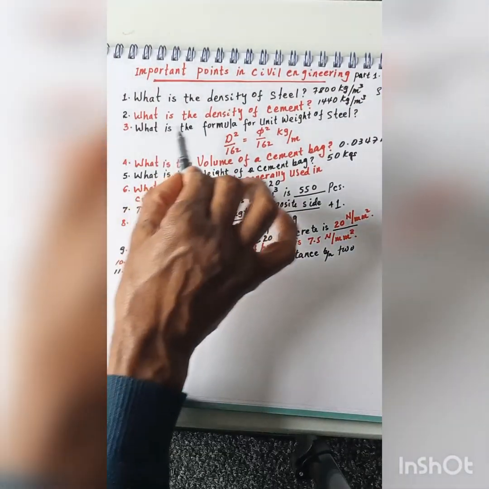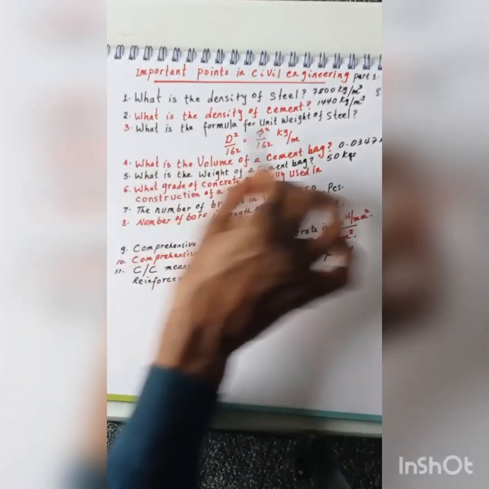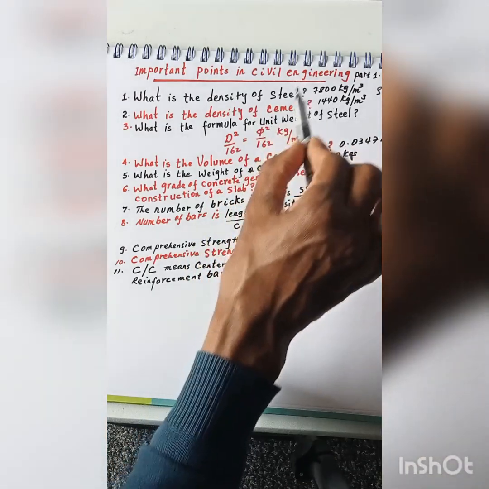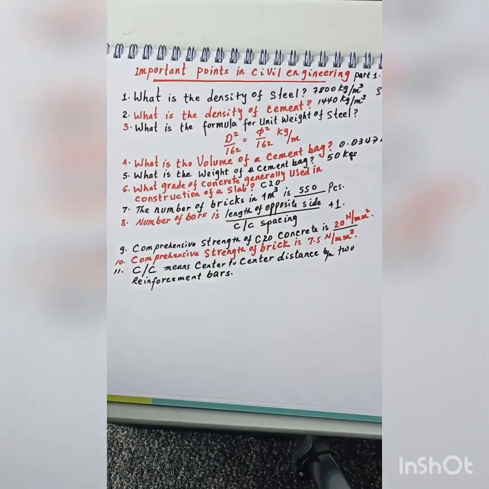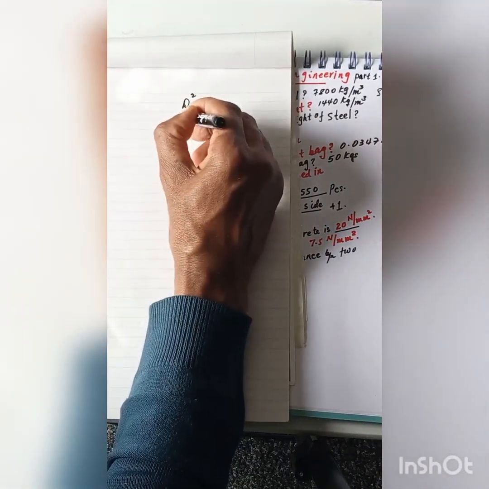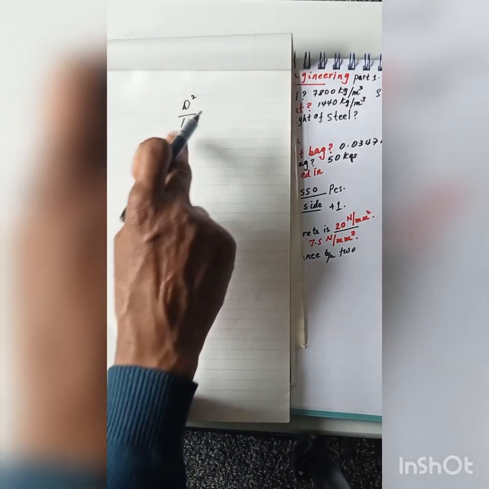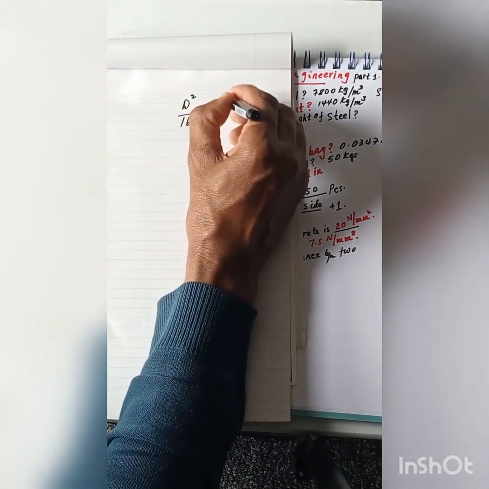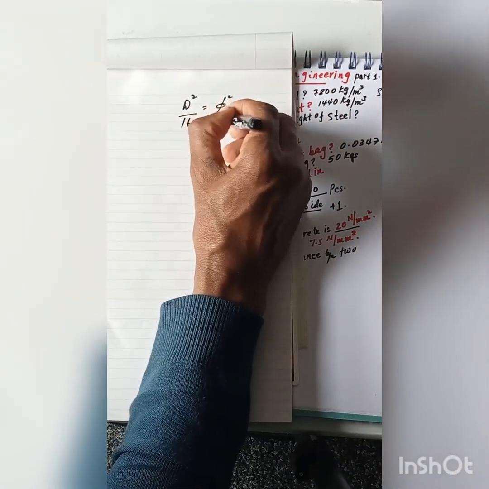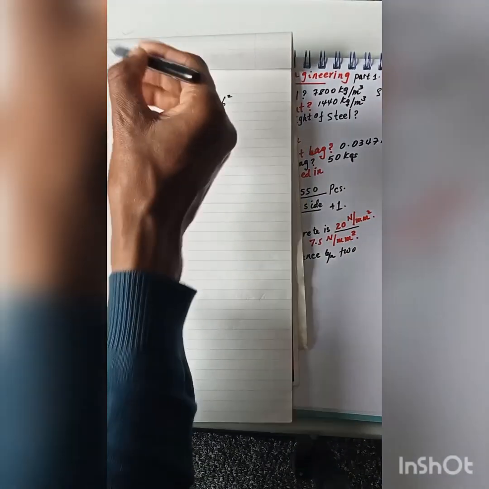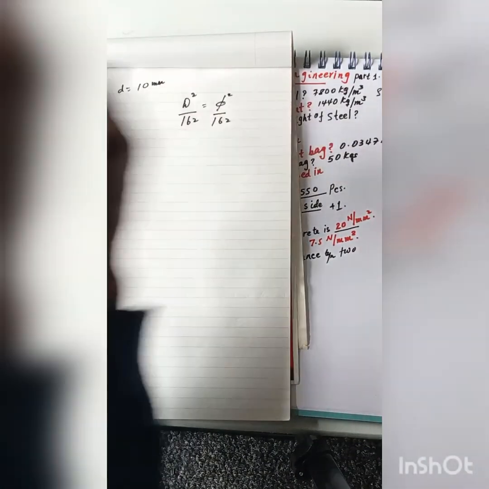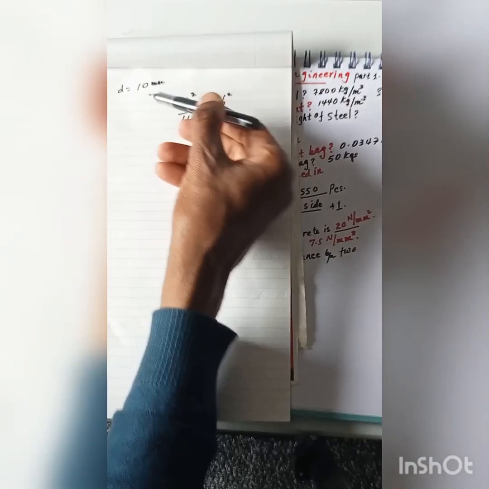Number 3, what is the formula for the unit weight of steel? To calculate the unit weight of steel, we use diameter squared over 162. This means the diameter is used like this: D squared over 162. If the diameter of the bar is 10 millimeters, for instance, then we are going to use